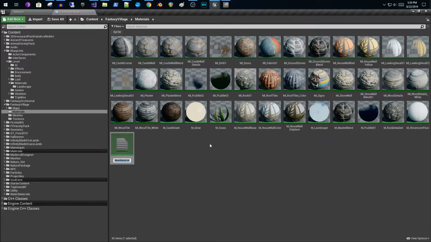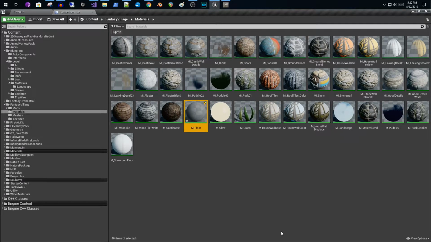So for the material, we'll just call it M. I'm going to call it floor, even though we're actually using this on an outside ceiling area. So I guess it could be the floor of